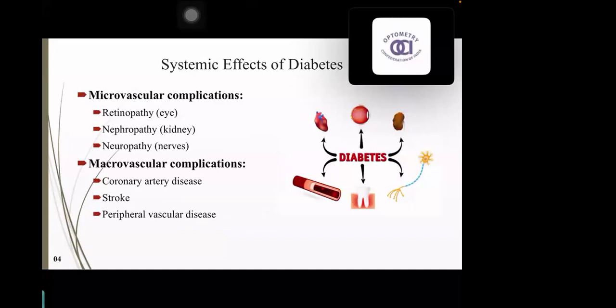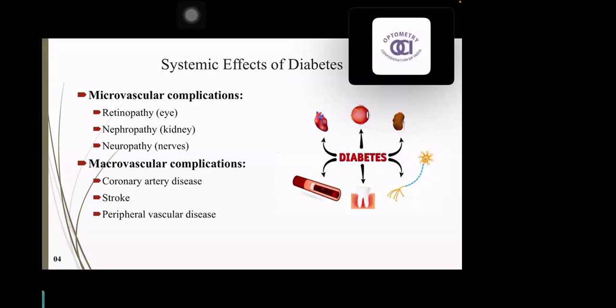Before focusing on the eyes, let's remind ourselves of the systemic impact of diabetes. So we can divide its complications into two main groups, microvascular and macrovascular. Microvascular complications include retinopathy, affecting the small blood vessels in the retina, nephropathy, which damages the kidney, and neuropathy, which affects the peripheral and